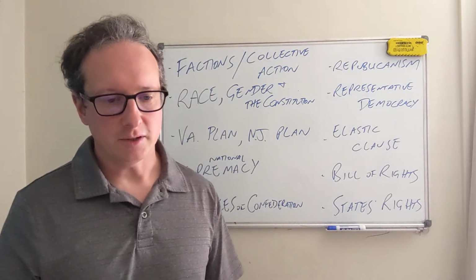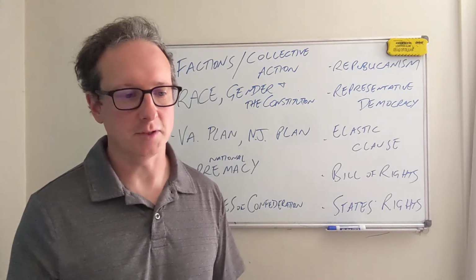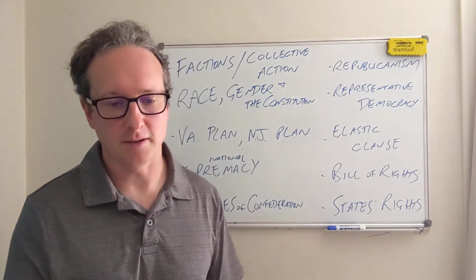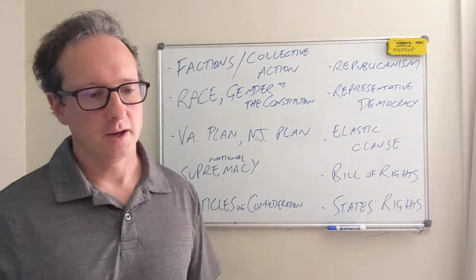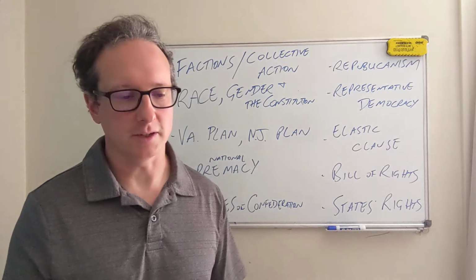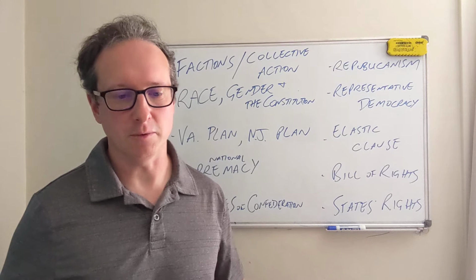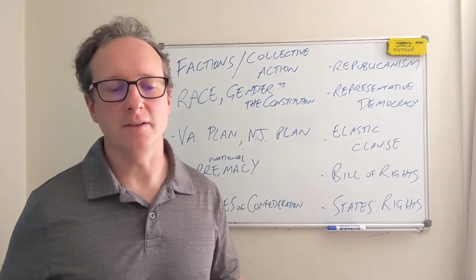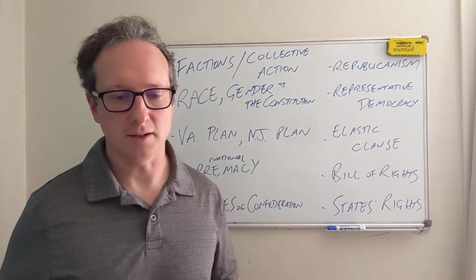So in addition to that, I want to talk about how the Constitution emerged the way that it did. I want to go over these concepts on the board here today. The first thing I want to acknowledge is to expand on something that I talk about elsewhere in the course. It's that James Madison, in many ways the principal author of the U.S. Constitution, took such copious notes that were found after his death that they are now the definitive history of the Constitutional Convention in Philadelphia in 1787.